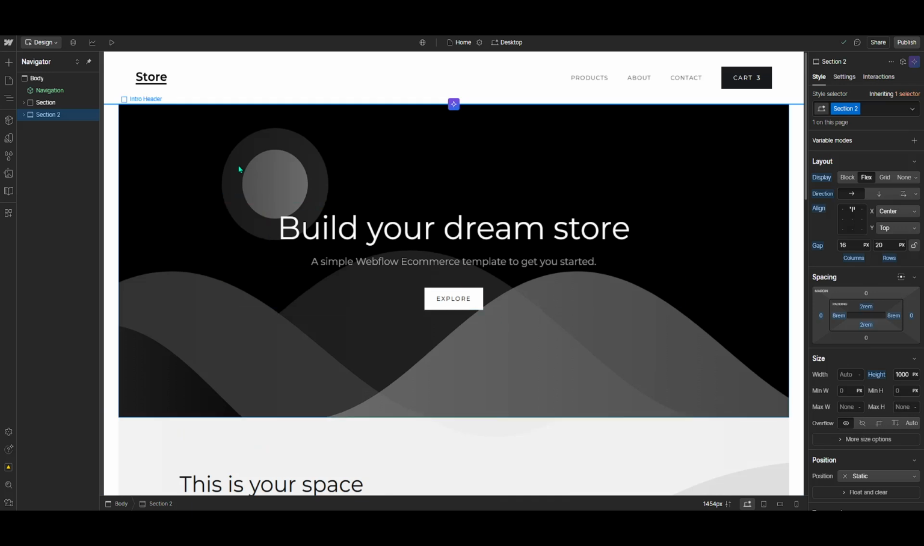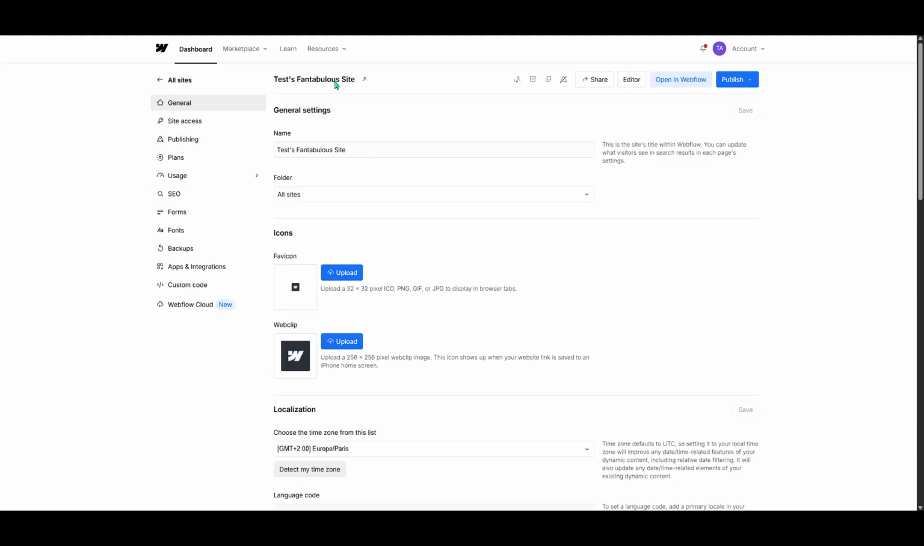Start by heading over to the top left corner of your Webflow dashboard. You'll see an icon there. Click on it to access the drop-down menu, and from here, select Site Settings. This will take you into the settings area specific to the site you are working on. It's a good habit to familiarize yourself with these settings, as they hold various tools and options to manage your